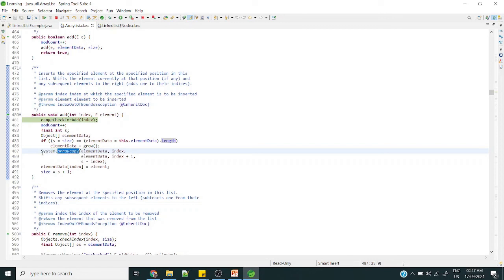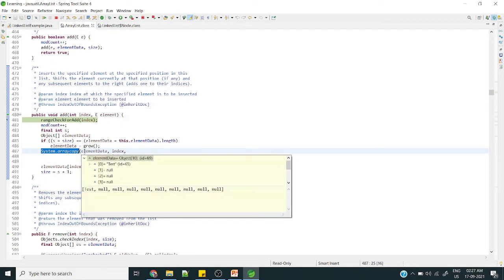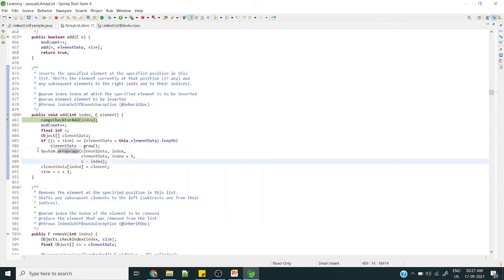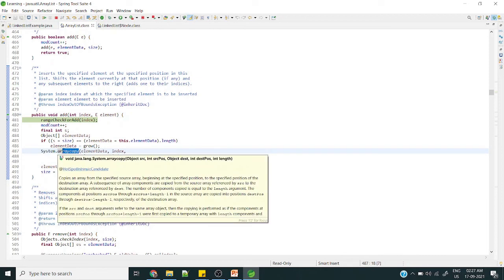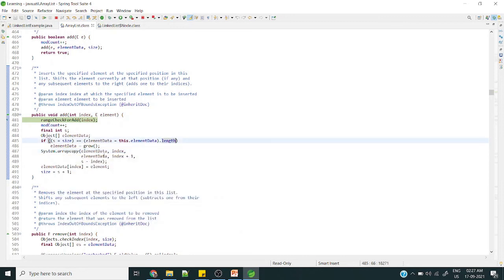It's going to copy. Whenever you try to modify, meaning inserting data or deleting data from an array, it will be overridden for the JVM. So that's why System.arraycopy. It's always going to override. It's going to take all the data to another array, then add it, then merge it. So that is the issue here.